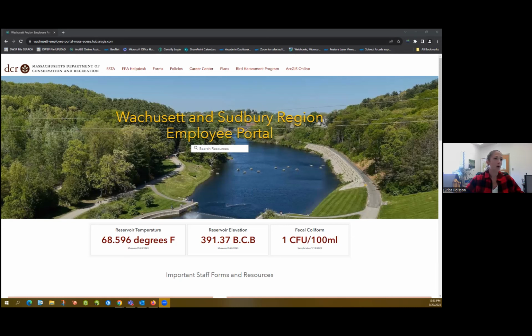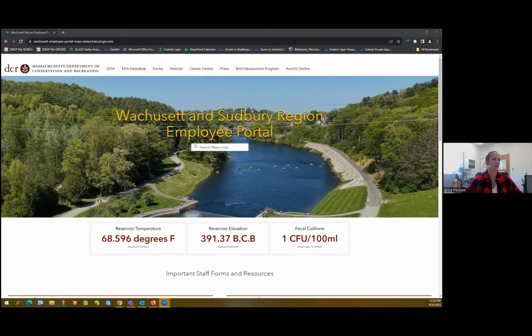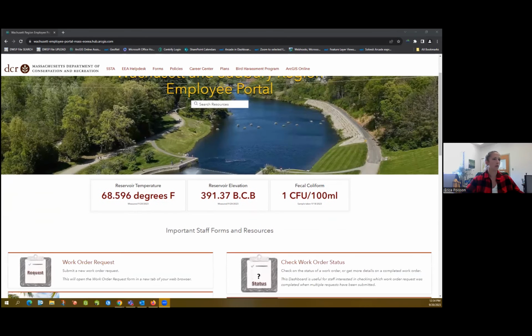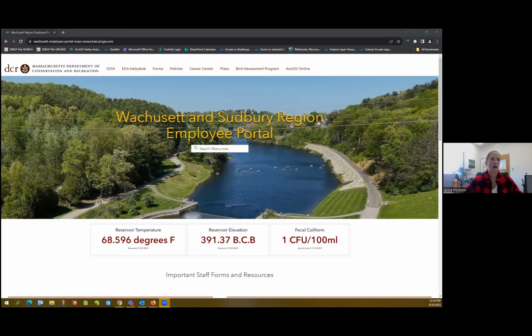This is actually public because we have a mix of staff. About 2/3 have ArcGIS Online accounts, but we still have about 1/3 of staff that do not. So we wanted to make something that all staff could access regardless of accounts. The thought was, everything in this public page that we see right now is fine for anybody to see if they happen to stumble upon this, which I think would probably be rare.